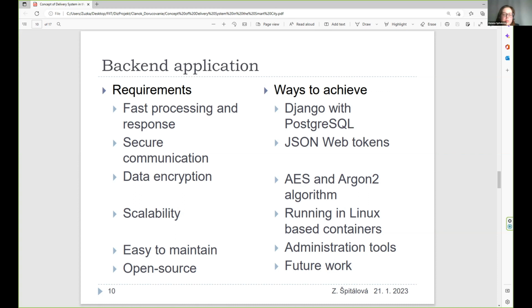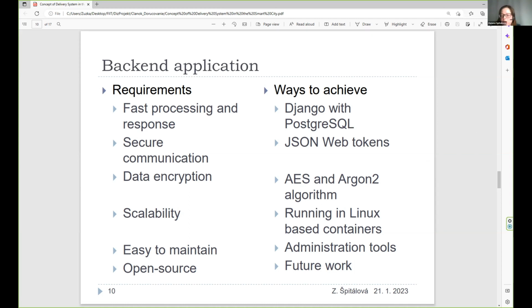The data in this database is stored in tables, and the RDBMS ensures the integrity and rules between the databases. This is integrated with the Django Python modules, which we also use for our backend. And the web server part is covered by the nginx server, which runs on Debian. So this is for the fast processing and response.